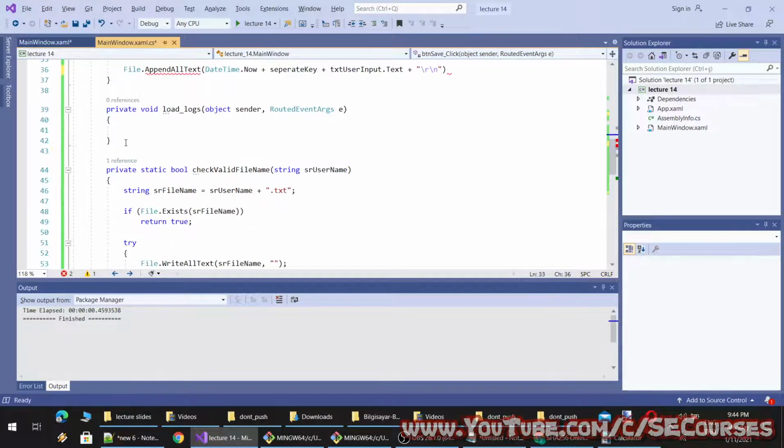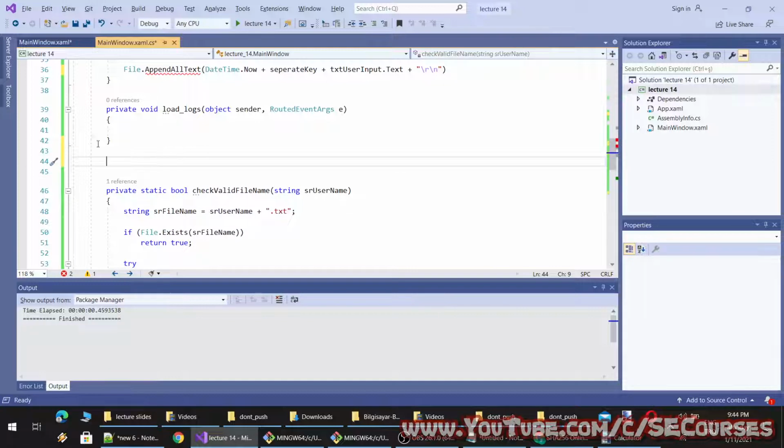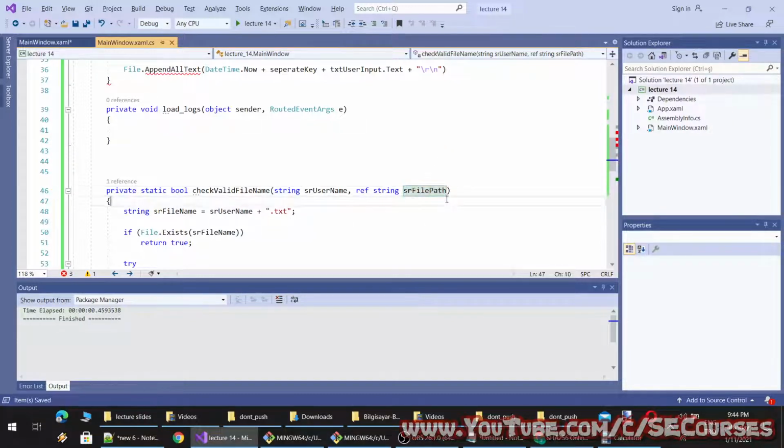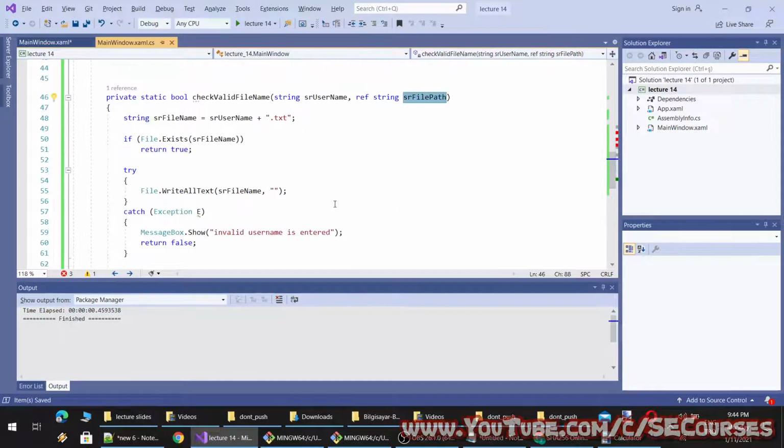And then I think we can also assign the username something like here. Okay, I will use ref, so you will get the ID of reference as well. When I use ref, the address of that parameter will be given here, and therefore the changes I make inside this method will be applied to this parameter.